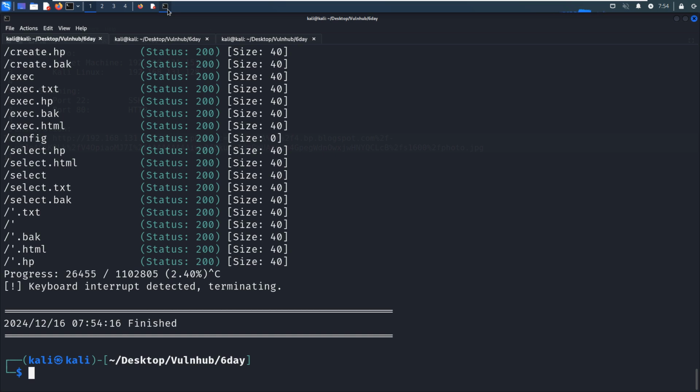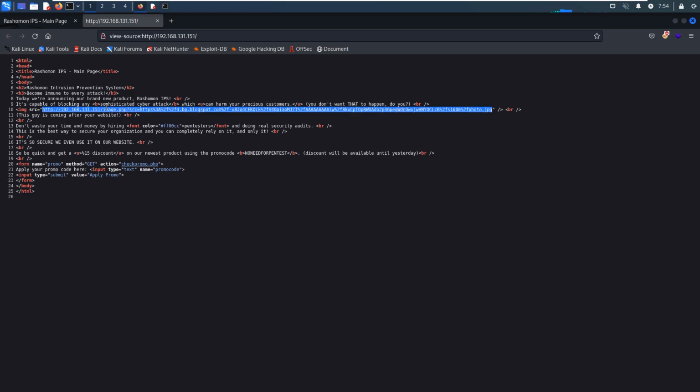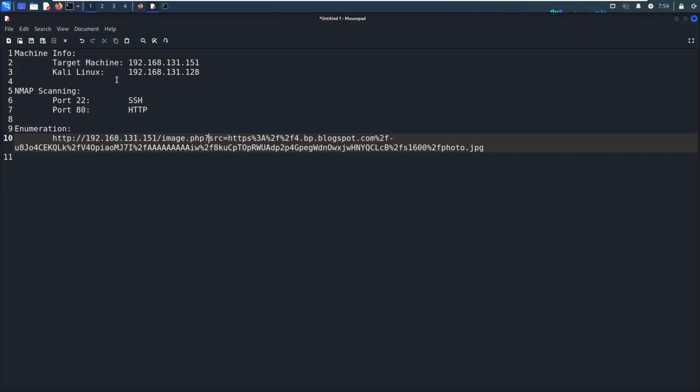Indeed, they're just some false results returned by the IPS. So I think now we need to test that form, the promo code. Also, I think we can notice this page. We can note it down to our notebook as well.